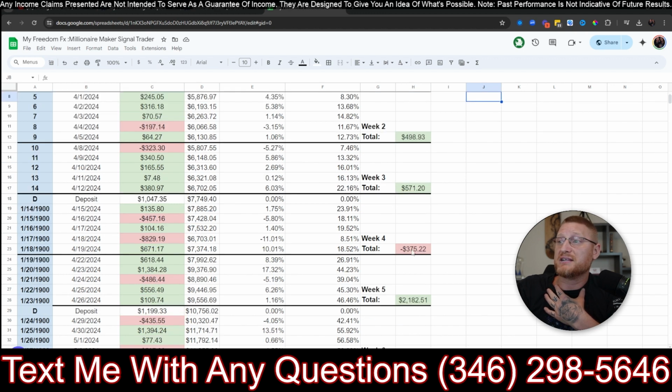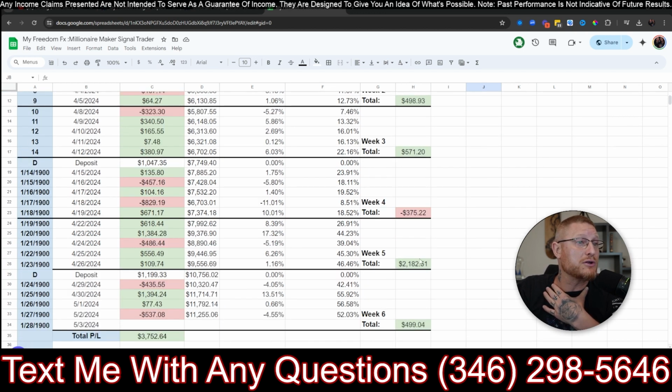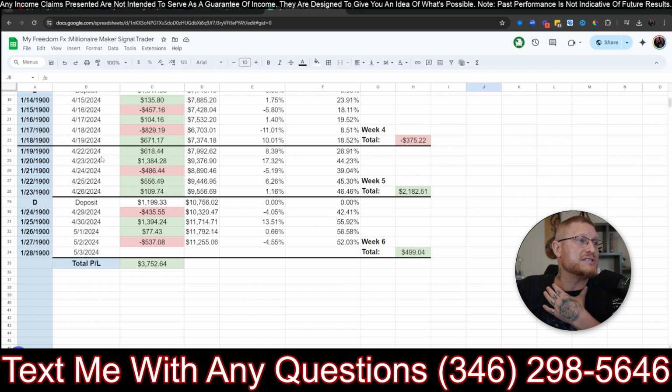We also had a week just a little while ago that we had a $375 loss. But some weeks, we had a $2,000 win last week. Now these are just the daily. You can see what we've made each day and what we've lost. This week was a little crappier. Actually, this one, I was really hoping it would have been positive, so we could have hit this number again this week, but it really doesn't matter. This is more the long haul.